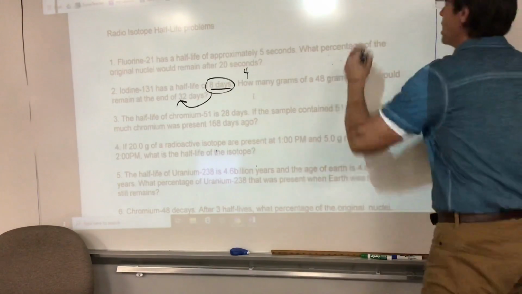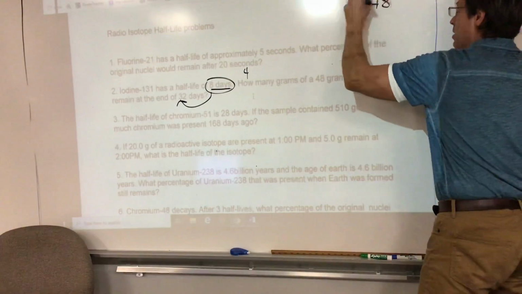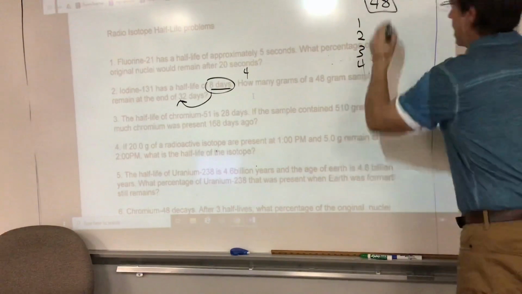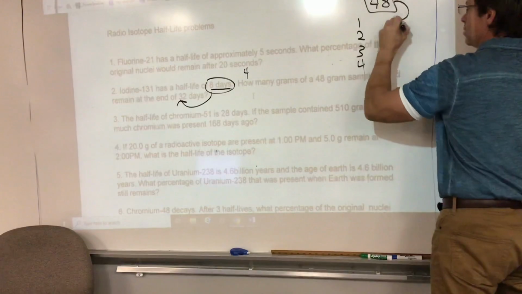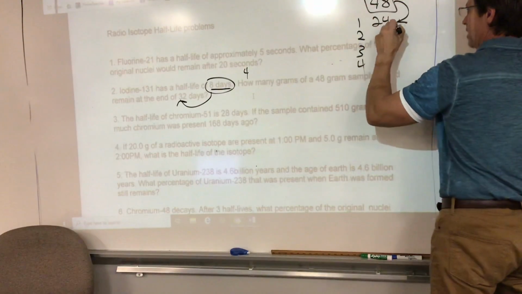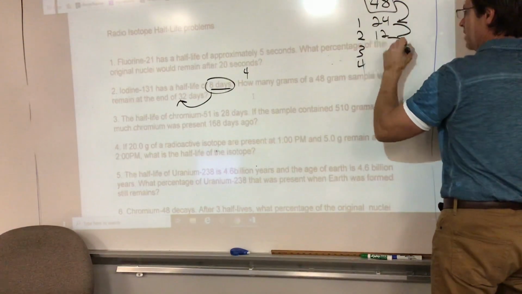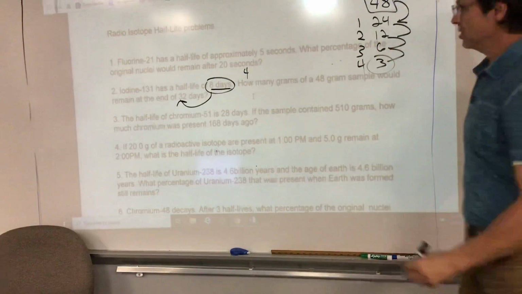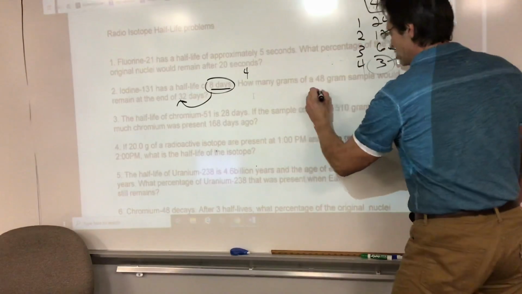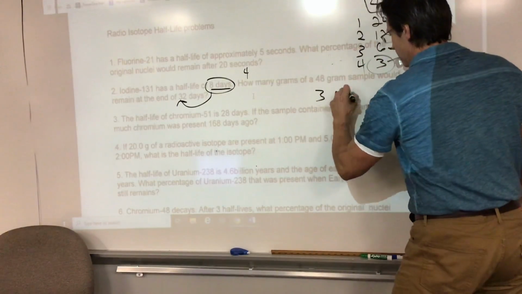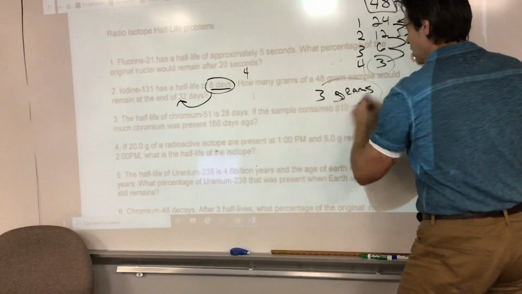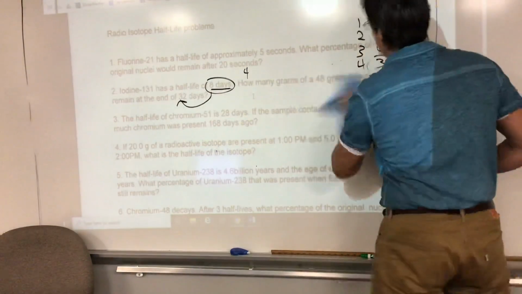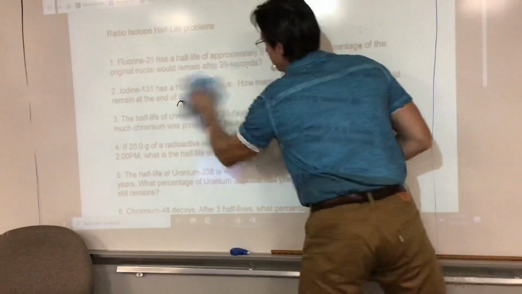So I just have to take 48 grams, that's my original start, and I'm going to divide it 4 times. So half of the first half-life goes to 24, then halves again to 12, then halves again to 6, then halves again to 3. So my answer is going to be 3 grams. So number 2 is 3 grams. Okay, so for number 3,